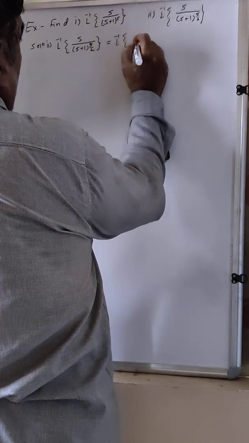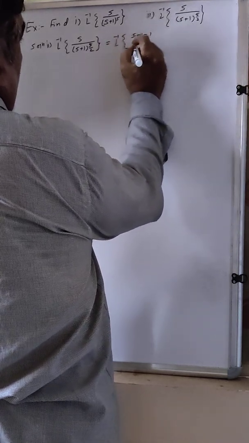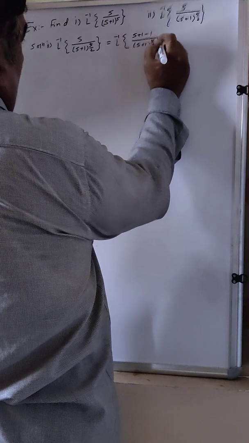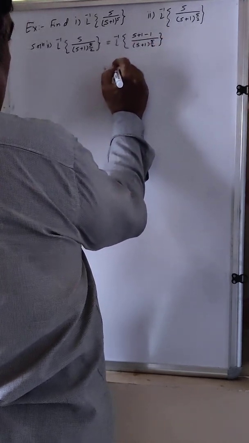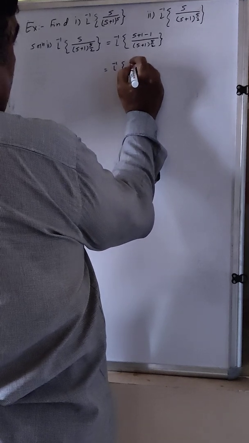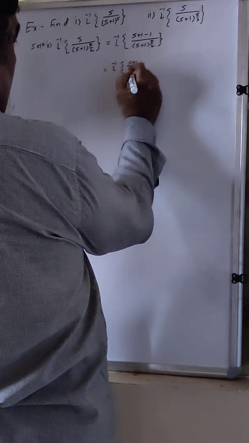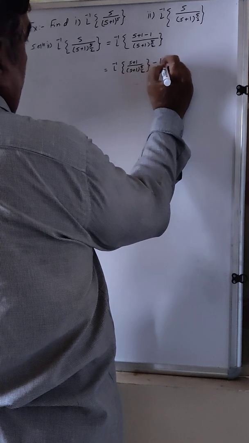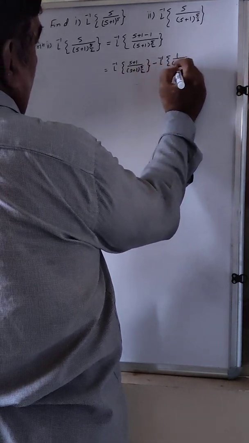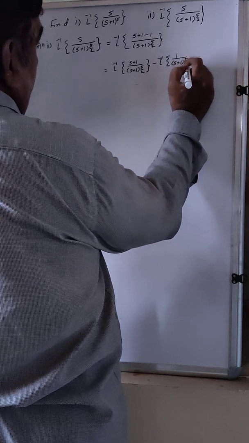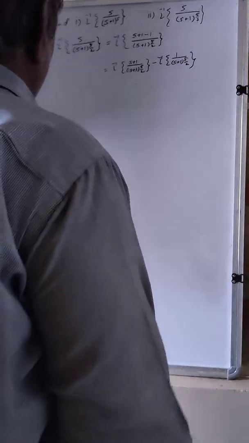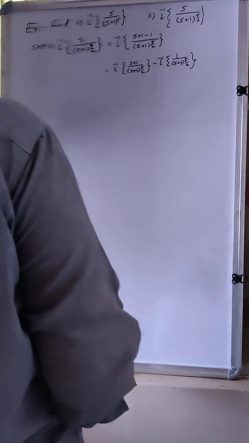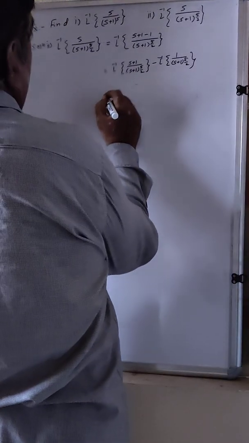Laplace inverse of (s plus 1 minus 1) upon (s plus 1) raised to 5 by 2 is equal to Laplace inverse of (s plus 1) upon (s plus 1) raised to 5 by 2, minus Laplace inverse of 1 upon (s plus 1) raised to 5 by 2 is equal to